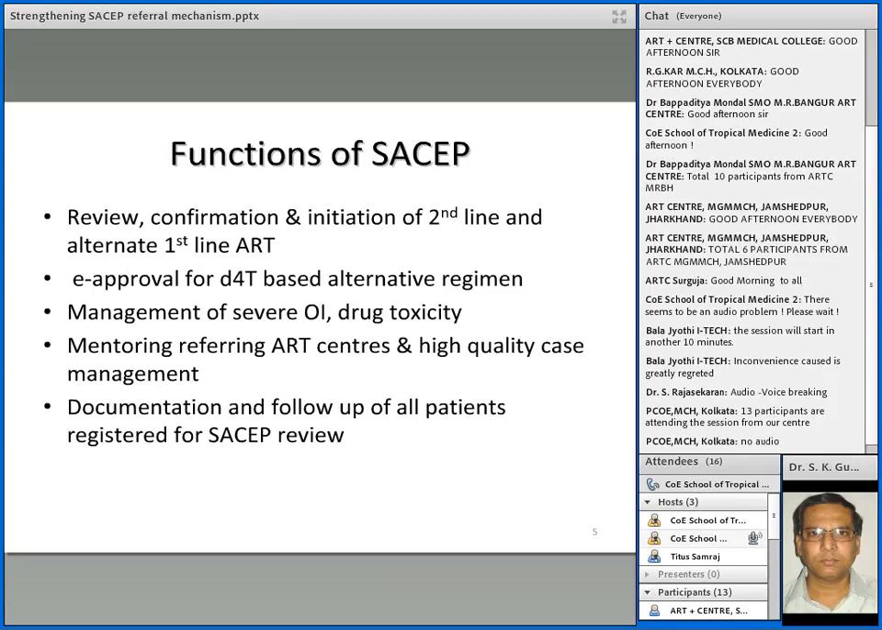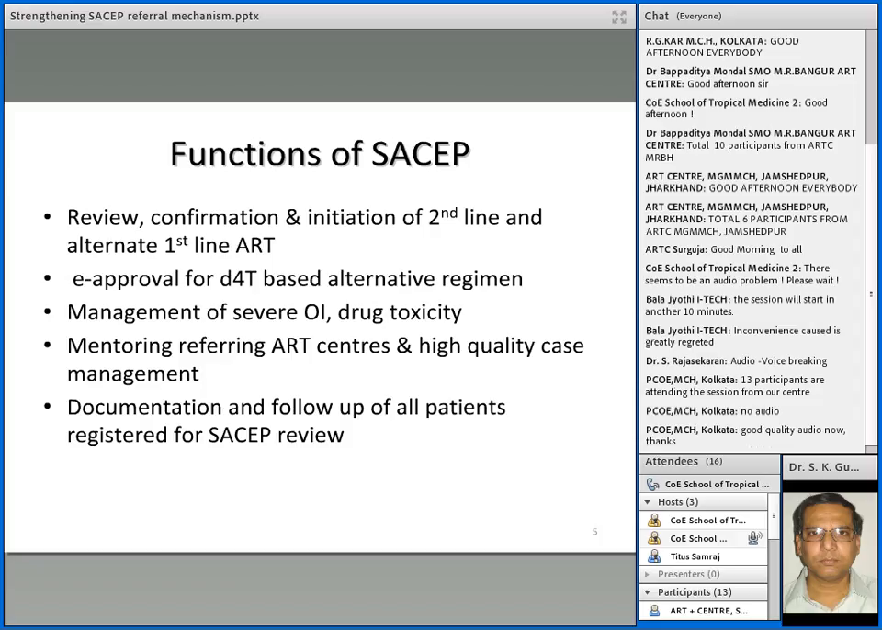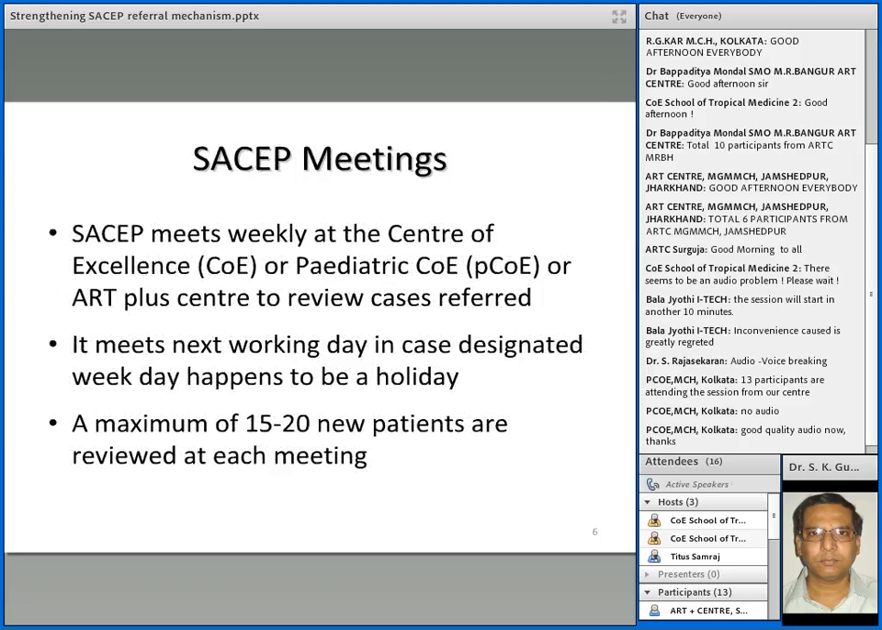And the other two functions are, one, mentoring the referring ART center, and high quality case management. That's one of the functions of the SACEP that can be done through the COE or the PCOE or through the ART plus centers. And last but not the least is documentation and follow-up of all patients who are registered for the SACEP review at these facilities. Okay. Now coming to the SACEP meeting, it meets usually once a week at the Center of